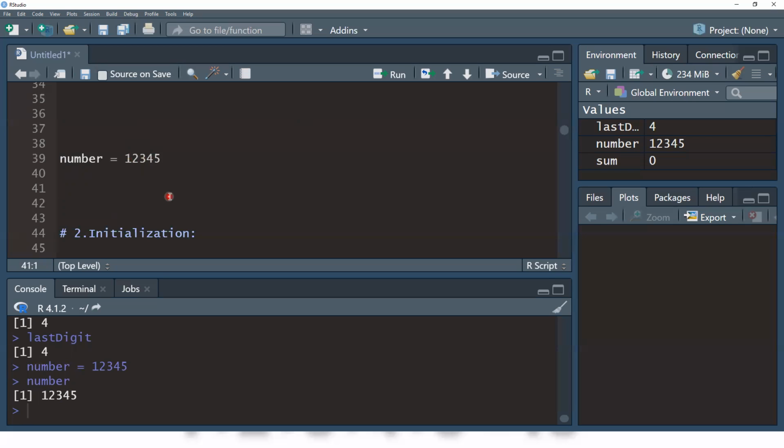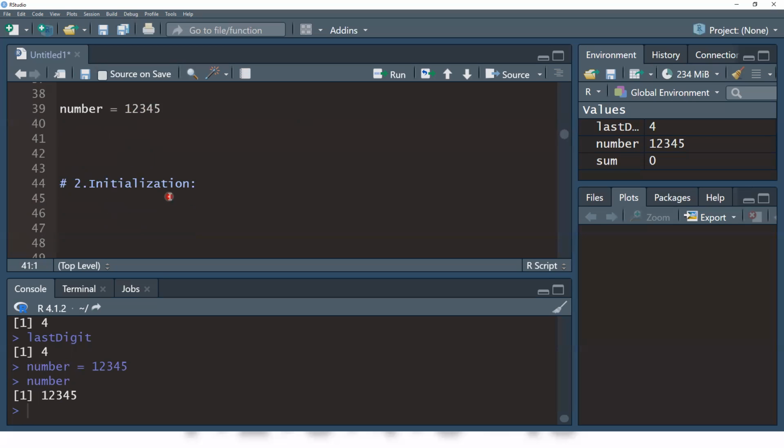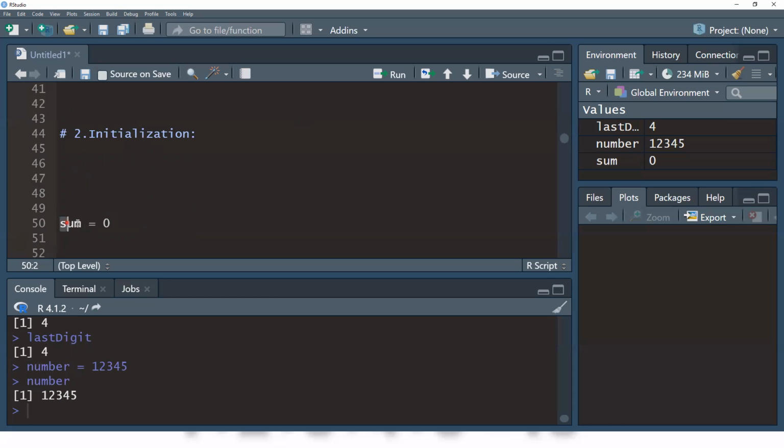So we initialize a variable called sum. Okay, sum, run it. Now you can see we already put 0 into sum because we don't have anything yet. The sum value, we can check it. That's 0.